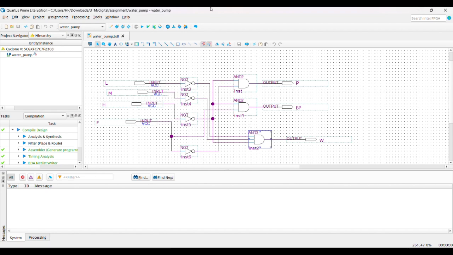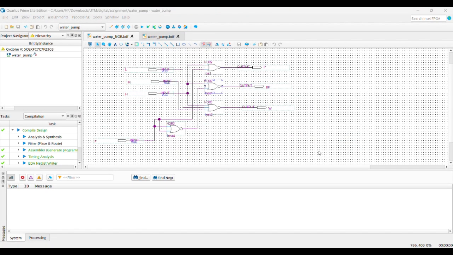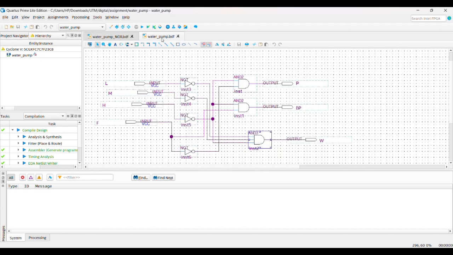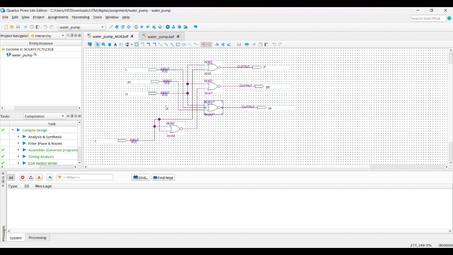Okay. Yeah, for the next we have our NAND gate, but we only use the NOR gate. So what happened here is, from this basic logic gate, we transform it to this basic gate, the NOR gate.